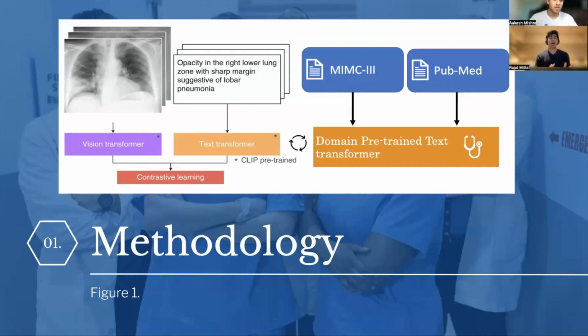In this work, we start with the contrastive learning framework used by CheXzero and CLIP, which allows us to do zero-shot multi-label classification. And CLIP contains two embedding models, a vision tower, which in our case is a ResNet-50, and a text tower, or BERT. The two embeddings produced by these towers are combined to find a similarity score for an image-caption pair. In our work, we keep a lot of this pipeline, except we replace the BERT text tower with various domain-specific language models. We employ three domain pre-trained language models. So these are CXR-BERT, BlueBERT, and Clinical BERT, which we mentioned, and all of these have been pre-trained on various medical